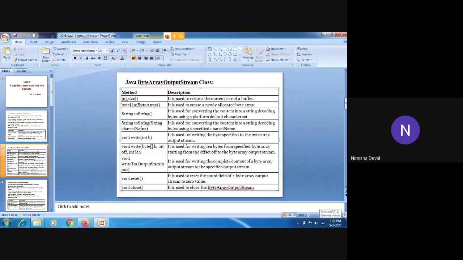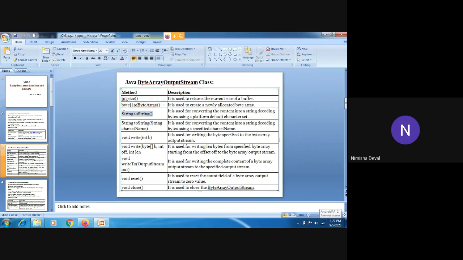byte toByteArray. It is used to create a newly allocated byte array. That means whenever you create a new object, some memory gets provided, and that memory allocation is done with the help of a byte array. Then toString, the third method. It is used for converting the content into a string, decoding bytes using the platform default character set.